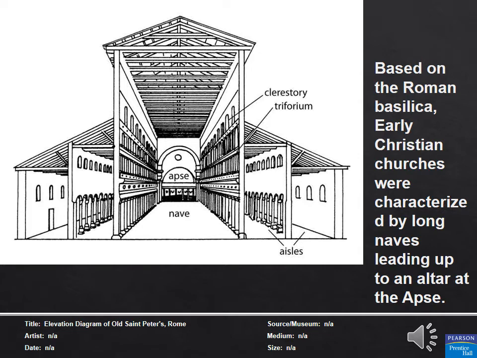The scheme of it is pretty typical. We'll see this same Basilican plan develop for the next several centuries throughout European Christianity. The central main space is called the nave. It leads up to a focus point in the church called the apse. There will be side aisles flanking the nave, clerestories and triforiums, and all of this fun architectural language that we get to talk about with early Christian churches. Let's take a look at the floor plan of St. Peter's.